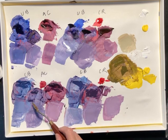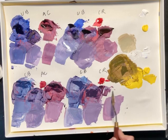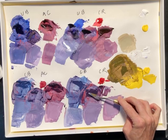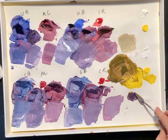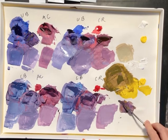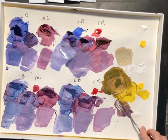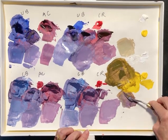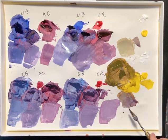So my guess is that all three of these middle ones would make slightly different, not my guess, I know, all different sort of neutrals, and you can try again a few of them. So you could kind of look at this one where you are seeing the cadmium red might be a little stronger, and add a little yellow to that to see what happens to neutralize that. And then maybe add a little bit of white to that to see the difference there. And kind of check that against this one if you leave a little bit more of the violet. So you can make many of these